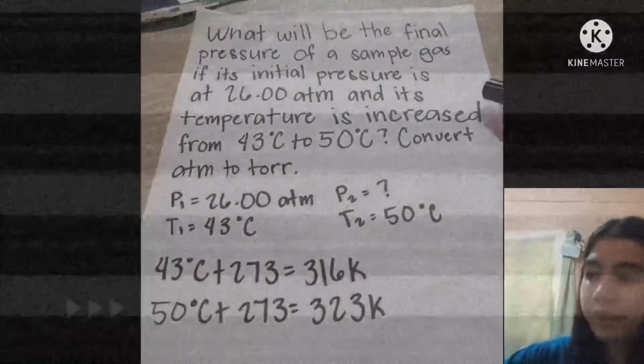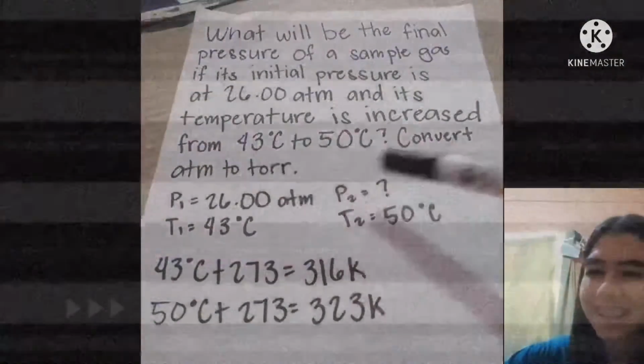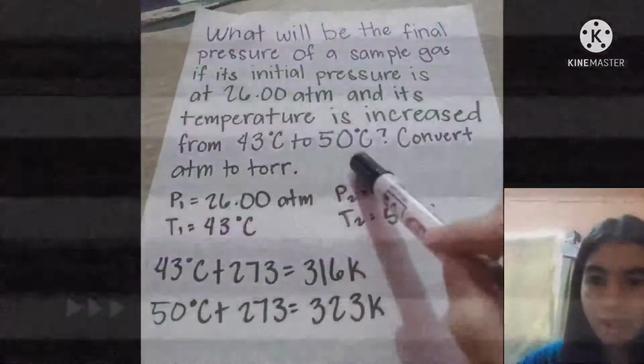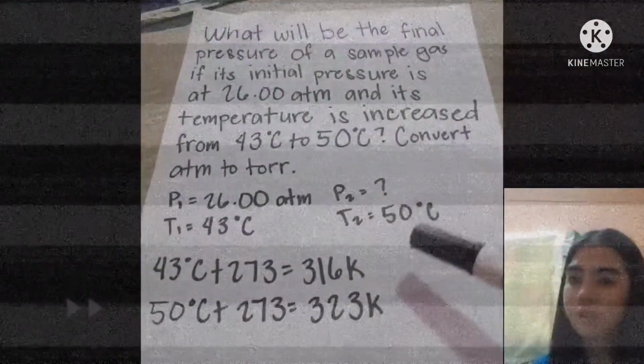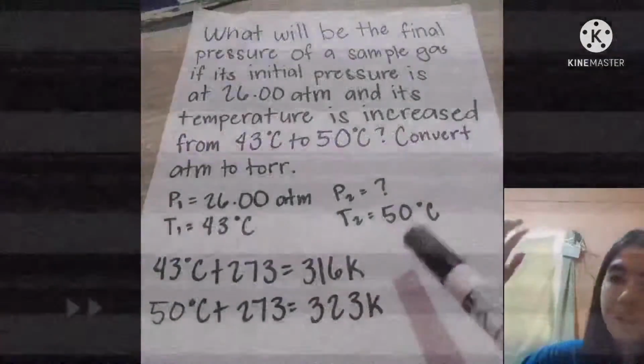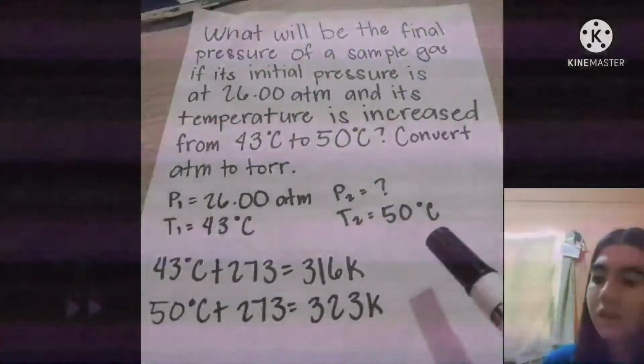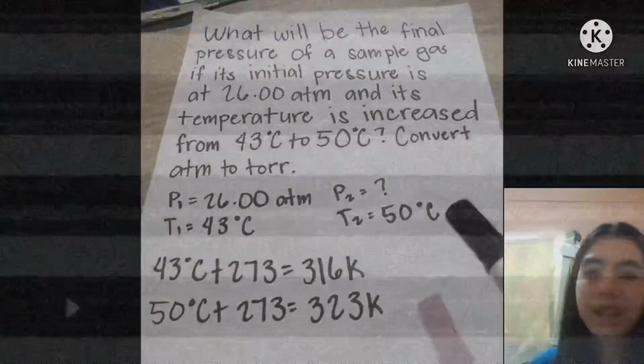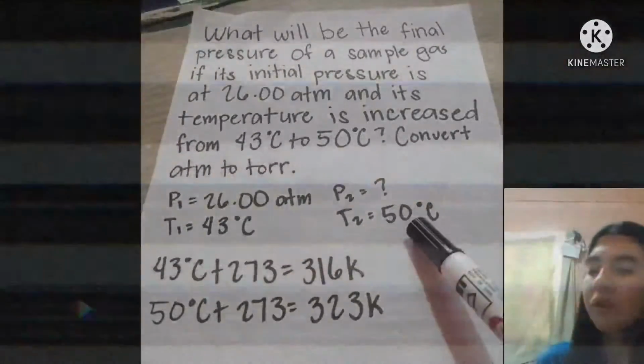Diba, 43 degrees, temperature is increased from 43 degrees Celsius to 50 degrees Celsius. So, from 43 degrees Celsius, tataas siya ng 50 degrees Celsius. So, ang ating temperature, final temperature ay 50 degrees Celsius. So, bago